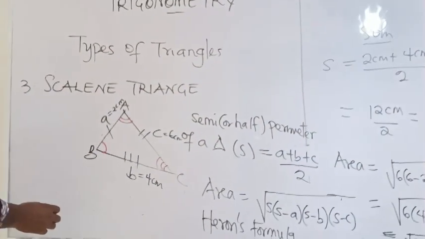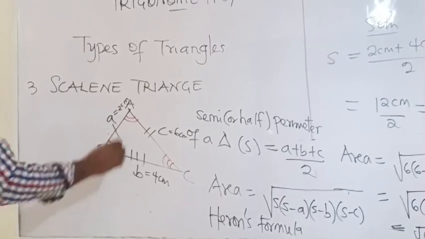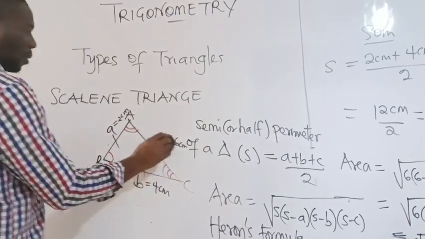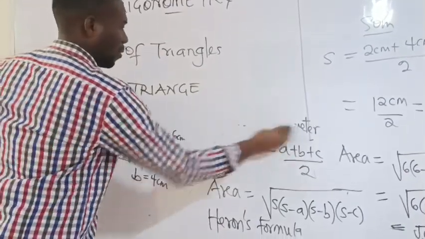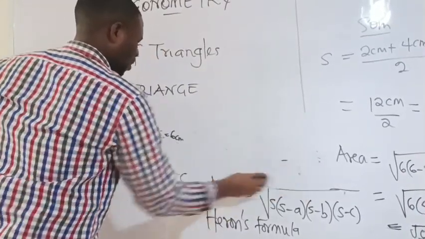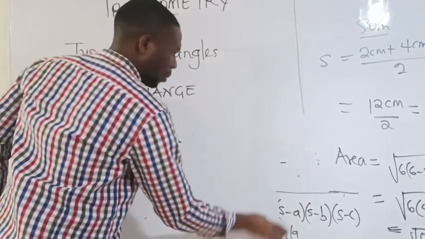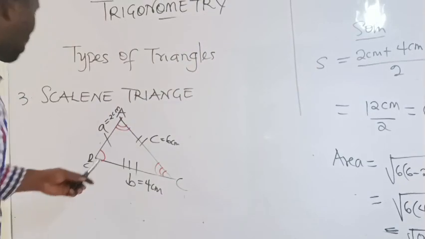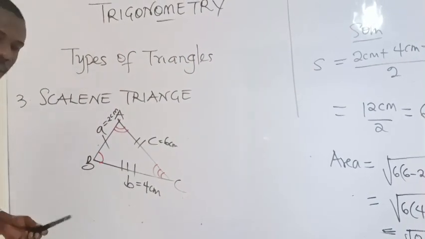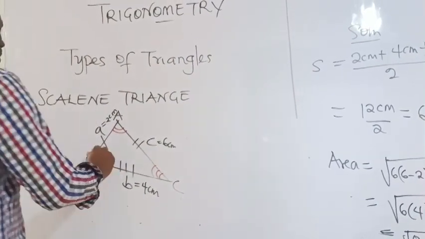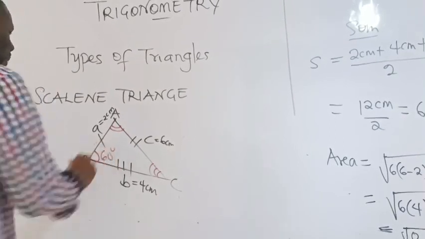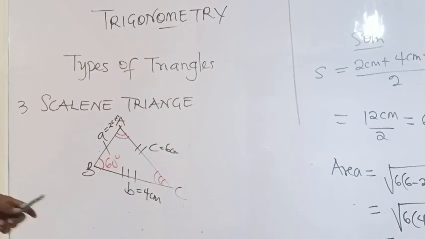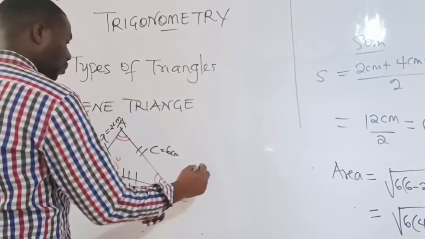Now let's assume, for my convenience, that this is a given scalene triangle. The sides are given, but I want to make reference to a particular angle. So let's say this angle B is about 60 degrees for my convenience. So what should be the area? One angle is included now, right? So the area turns out to be,